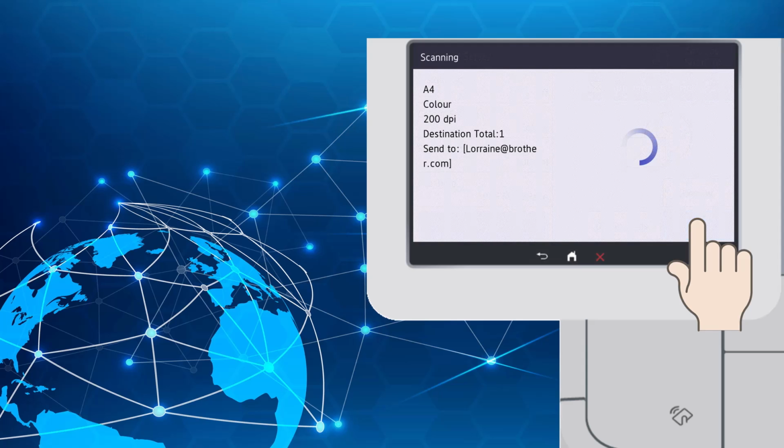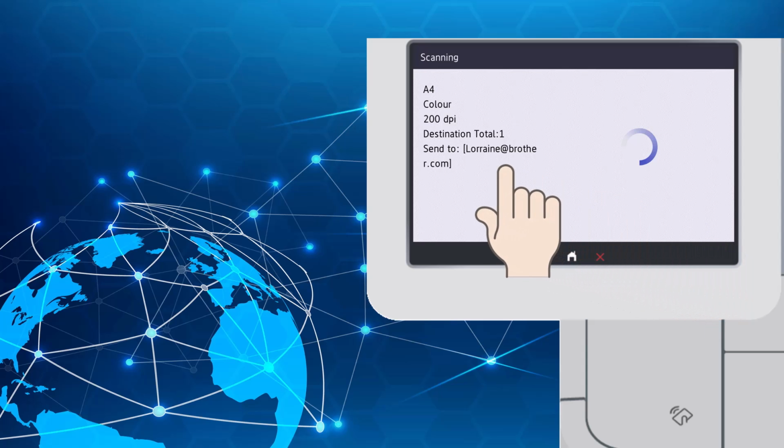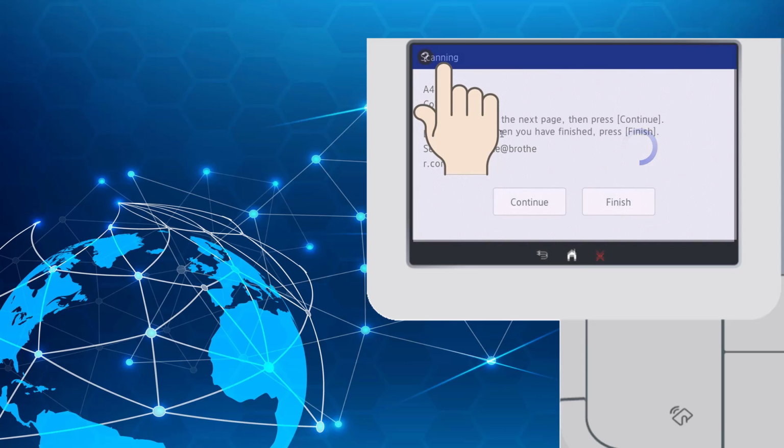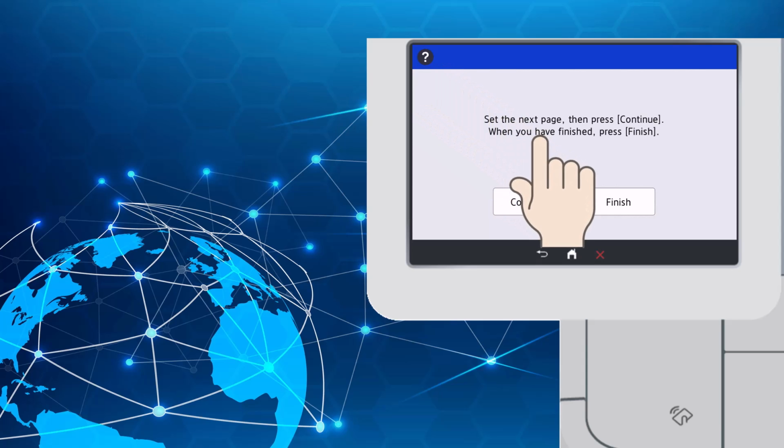This is an information screen with all the details and showing you the progress. Currently scanning. If you are using a flatbed scanner, you will see this message. Depending if you have more pages will depend on your selection. For this demonstration, I will select Finish.